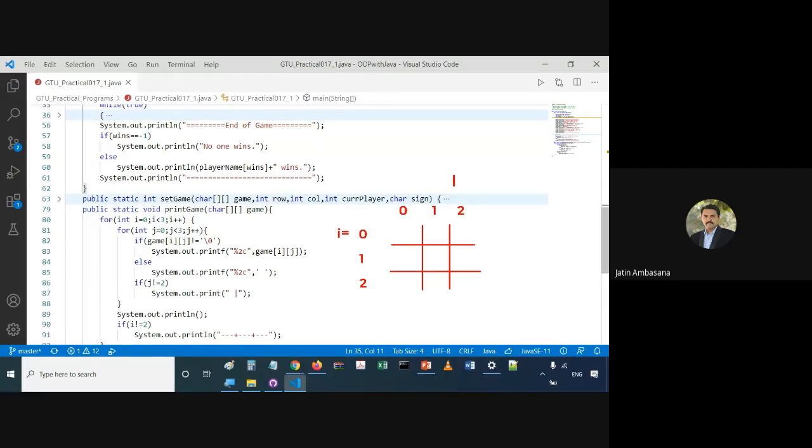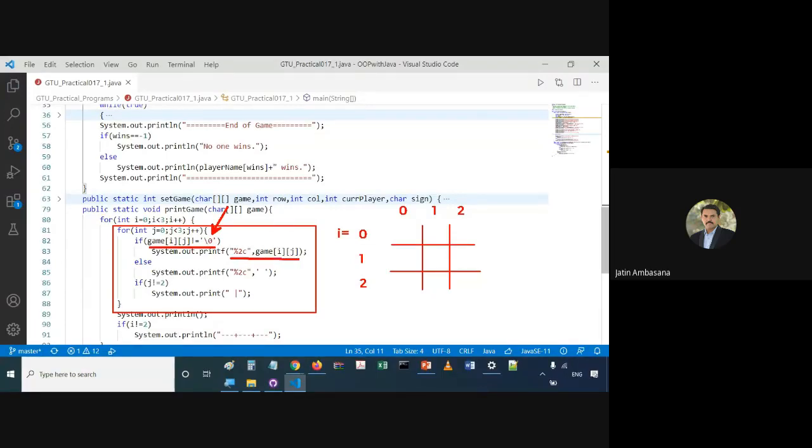So one by one, all the three locations of this first row are being executed inside the inner for loop. And what does it do? It checks whether that is equivalent to null character or not. By default, there will be null character. And if it is not, it means there is a character put by the user as a part of the game.